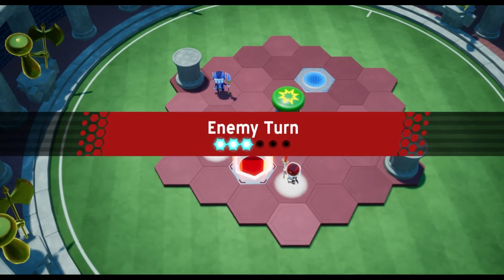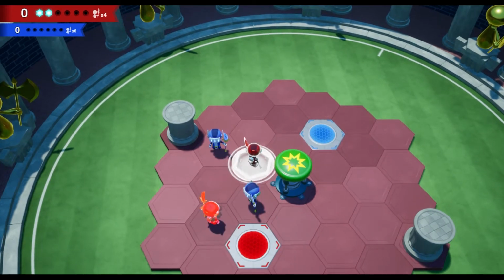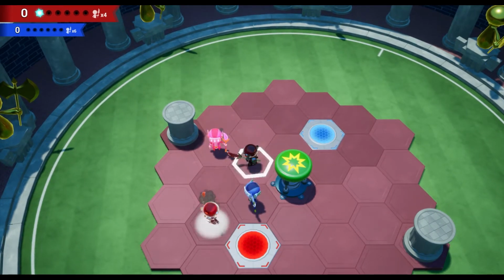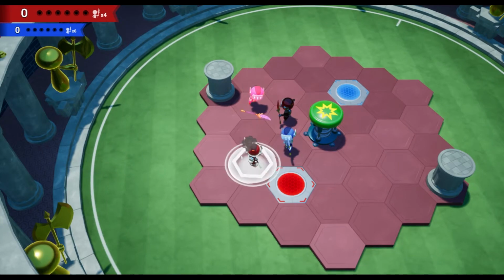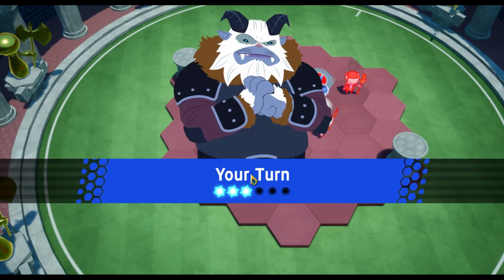Let the AI have a go. That was a crowd surf. That is a special movement mechanic in Hex Gambit, where if you want to reach a little further, you can jump over...